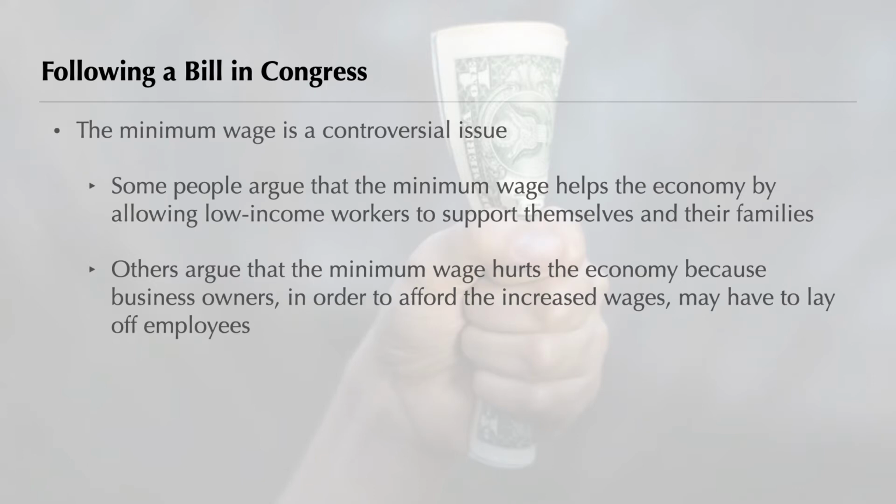Since the Fair Labor Standards Act set the first minimum wage at 25 cents per hour in 1938, Americans have been debating whether increasing the minimum wage helps or hurts our economy. Some people argue that minimum wage increases help low-income workers support themselves and their families. Others disagree, insisting that increases in the minimum wage hurt workers. Businesses may not be able to afford the wage increase, these opponents argue, and they may have to lay off workers. So what has happened in the past when minimum wage bills have been introduced in Congress? To learn more about this, you decide to research the stories of several minimum wage bills as they move through Congress.